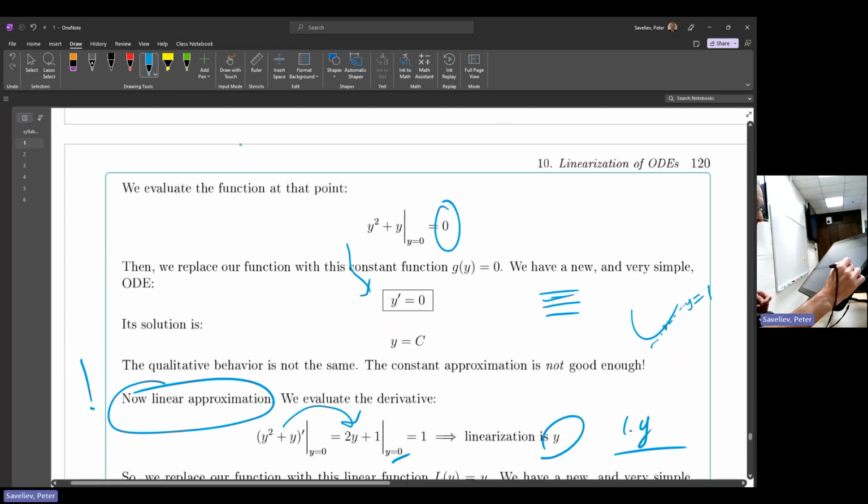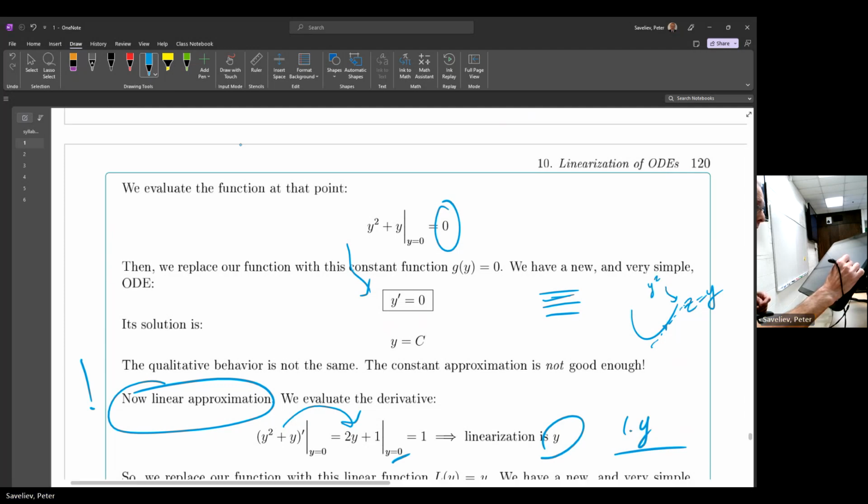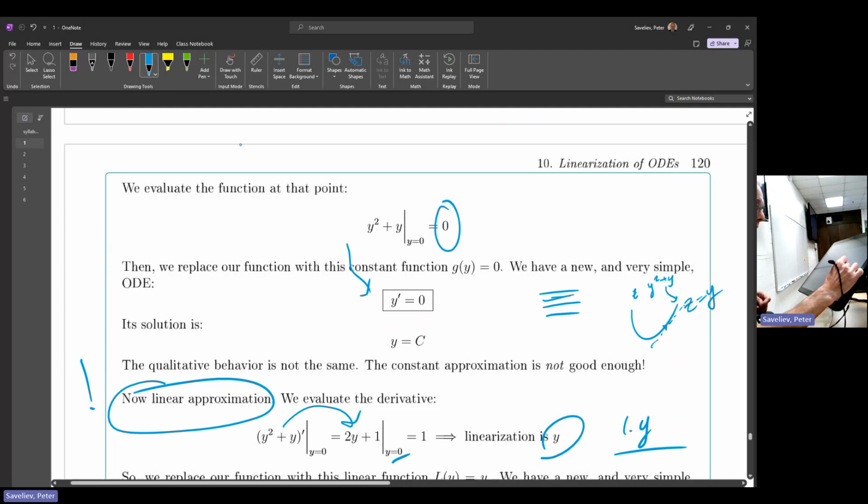Y equals 1. I'm sorry, that's not the y. This is c is equal to y. And this is the original curve, y squared plus y. So z is equal to y squared plus y is a parabola, and then at one particular point, y equals 0 here, it's the y-axis, we replace our parabola with a straight line, and then we ended up with